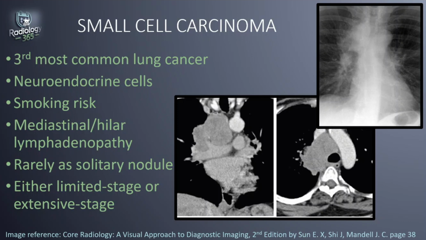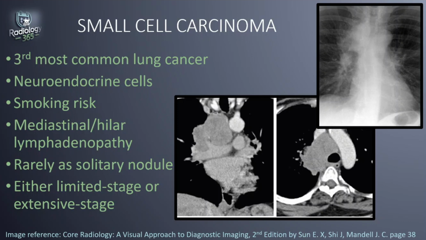Now, small cell rarely presents as a solitary pulmonary nodule, and the primary tumor is usually not identified. So how I remember this, that's not necessarily true, but it's just a memory tool. Small cell is so small that it can't be seen. So the primary is very hard to find, but what you would usually see are hilar and perihilar masses, likely